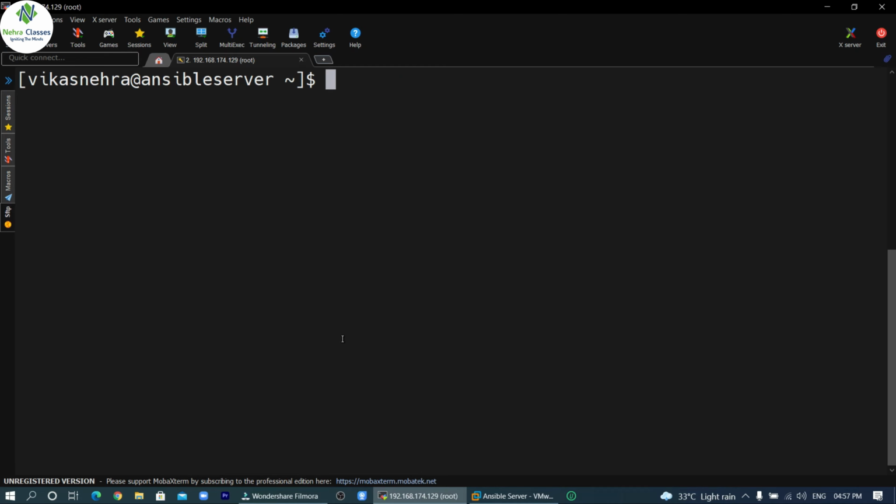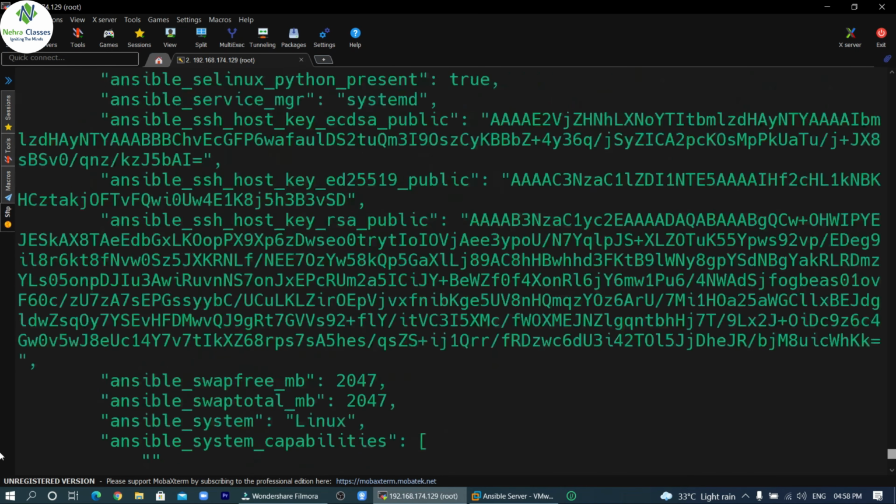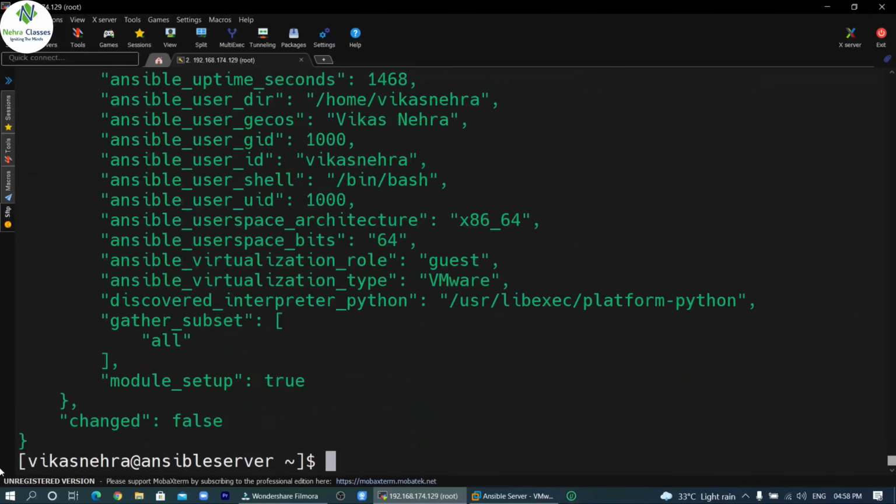Now we will check the next module, which is the setup module, and the setup module is used when we want to see the detailed information of the hosts and their configurations. So I can execute the ansible command there. After ansible I will mention the group name, which is my group, then -m for the module. After that I will write setup and press enter. It will show us the details of the hosts and their configurations. Have a look at this. So both the modules are working fine.